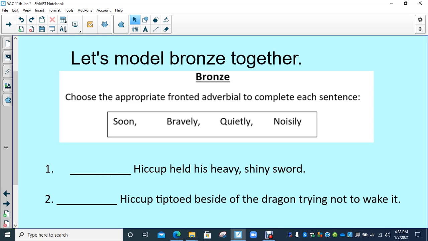I personally would use bravely, because I always imagine Hiccup being very brave, having to hold up a very heavy, shiny sword. So I would use bravely, and make sure you've got that comma. Bravely, Hiccup held his heavy, shiny sword. Also got an expanded noun phrase there for heavy and shiny as it's describing the sword. And then secondly,